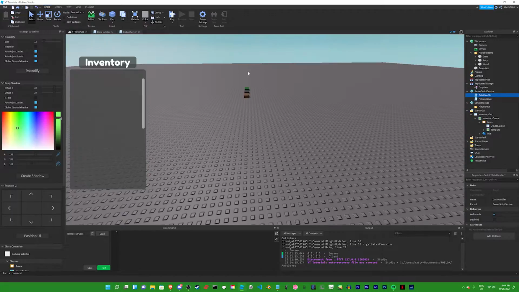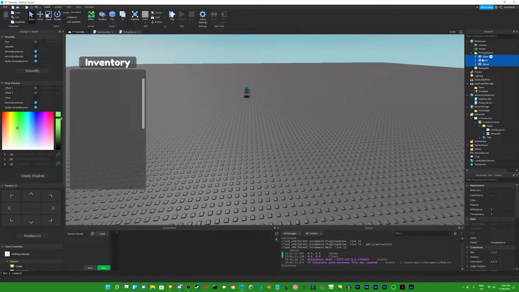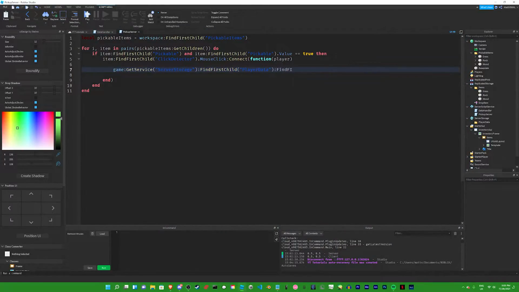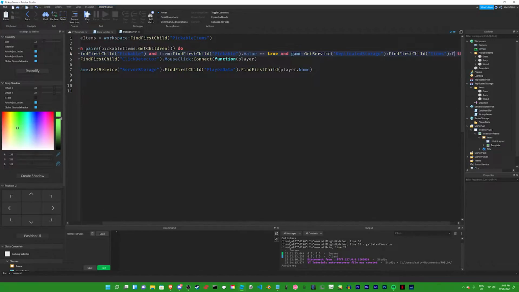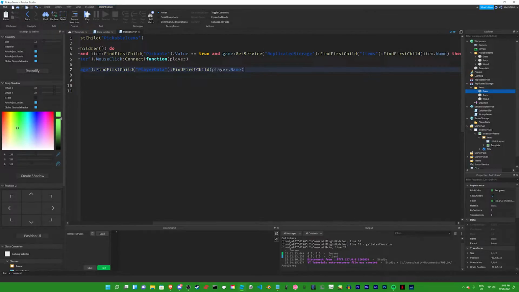player data. Let's also add like copies, so items, then we'll just duplicate these and remove everything that's inside of them. So find first child player.name, and let's also do game get service replicated storage find first child items find first child item.name. So we're gonna check if it has a pickable value, and the pickable value is equal to true, and in replicated storage we could find that item. Then we can